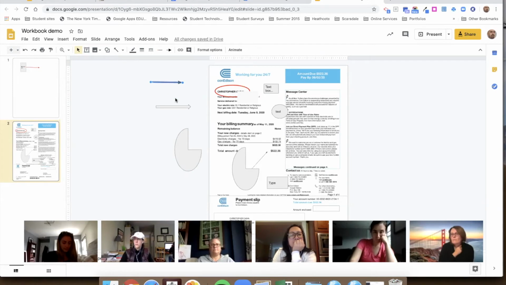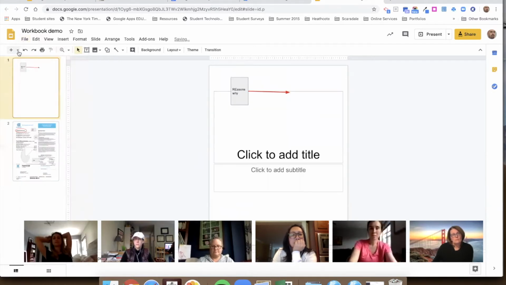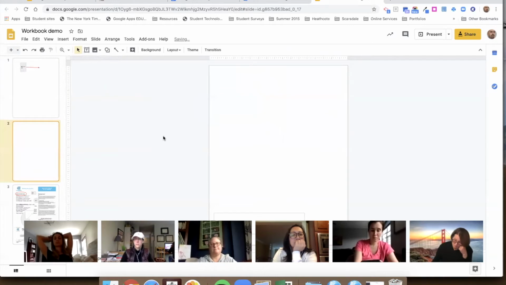Whereas this is a little bit neater, in my opinion, but it's my little design nature, from the standpoint of using images and messing around like that. Let me just get a new blank one. So what I like about Google Slides